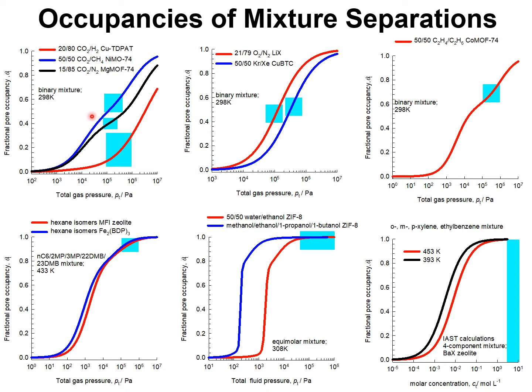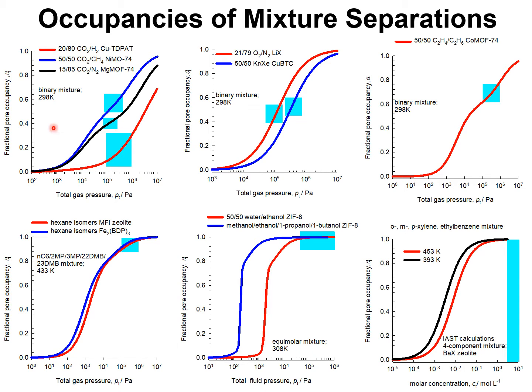Let's begin with CO2 hydrogen mixtures. Even if we operate at pressures ranging to 1 megapascal, the pore occupancy in the MOF CuTDPAT is less than about 0.3. For CO2 methane mixtures in Ni-MOF-74, the fractional occupancies are about 0.6. And for CO2 nitrogen separations using, say, Mg-MOF-74, the